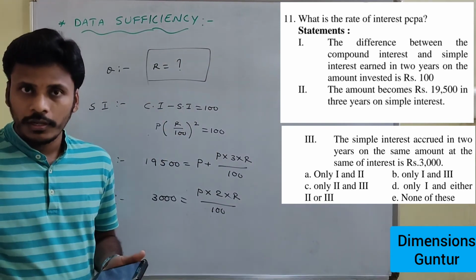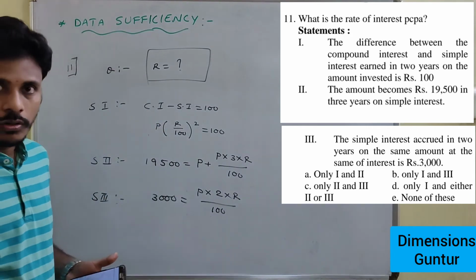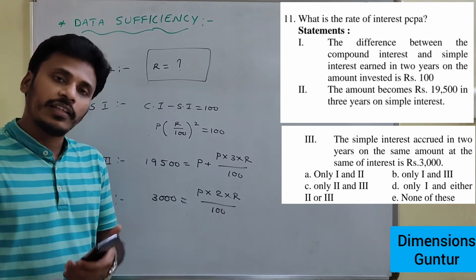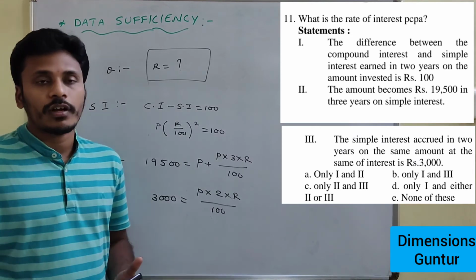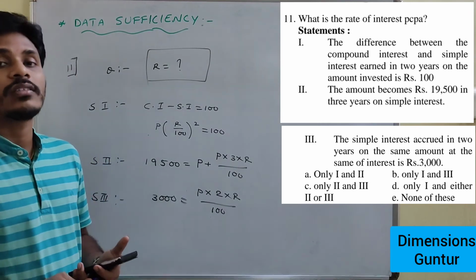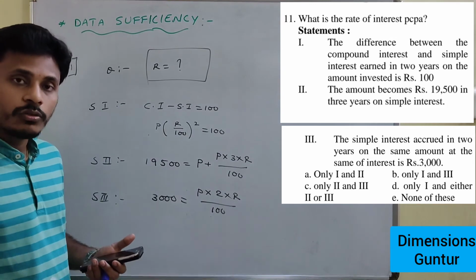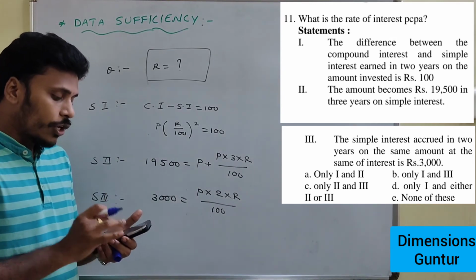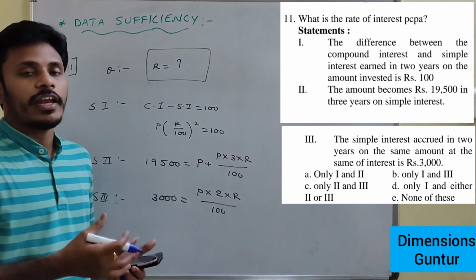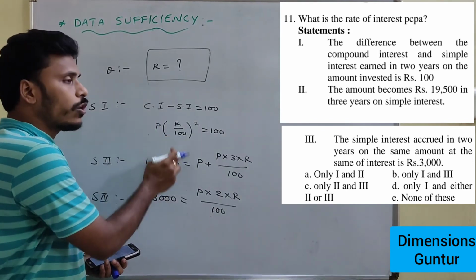Think about it, how to find it. In these three statements, the principal is not known and the rate of interest is also not known. So there are two unknowns. To find either the rate of interest or both principal and rate of interest, we need at least how many equations? 2 equations. So to answer this question, you may choose any two of these statements: statement 1 and 2, statement 2 and 3, or statement 1 and 3, and they directly give us the rate of interest.